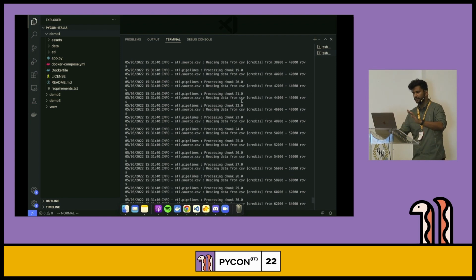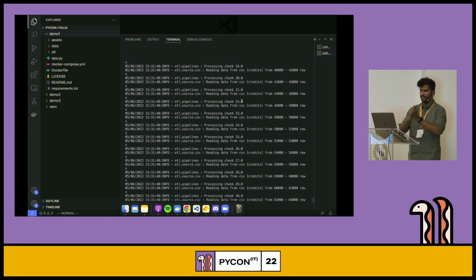So there's one CSV, and it breaks into different chunks. Each chunk is given to a Celery worker, and they take turns. We have 2 Celery workers, and I guess there are 78 different chunks generated, and they take turns processing them and feeding them into the Postgres system.